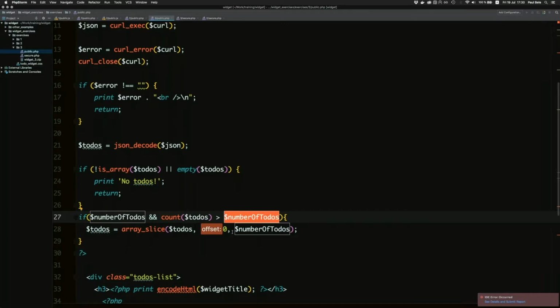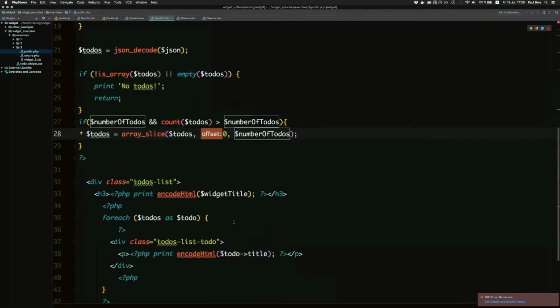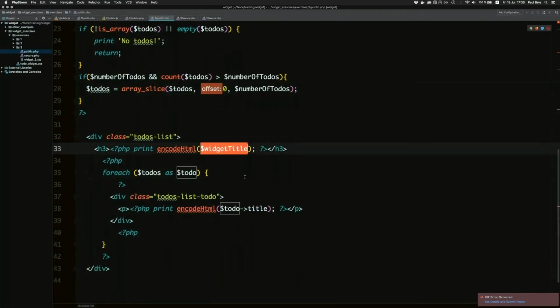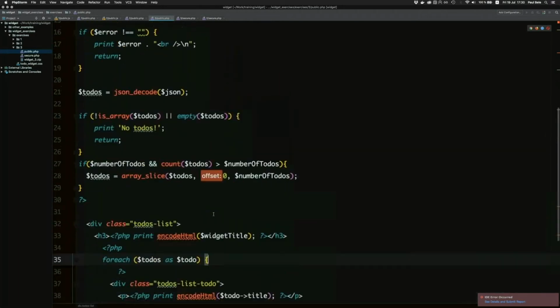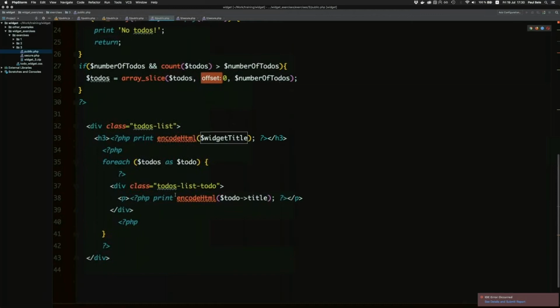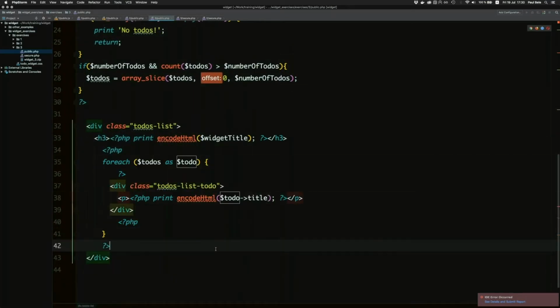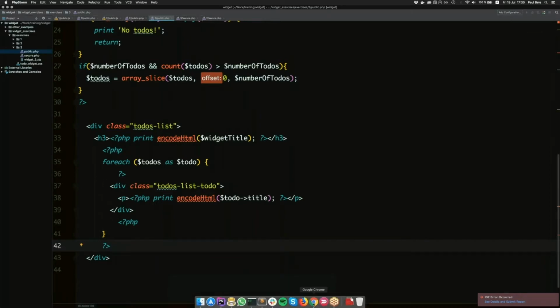If they are bigger than the limit that we want to impose, so in this case 5, if the API returns 10 to-dos and we only want to display the first 5 of them, we are doing a simple array slice where we are limiting the number of to-dos. And here we are displaying the encoded widget title that is injected, and then a simple foreach where we are displaying the to-do title that is returned from